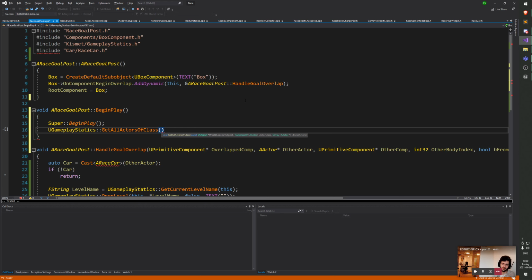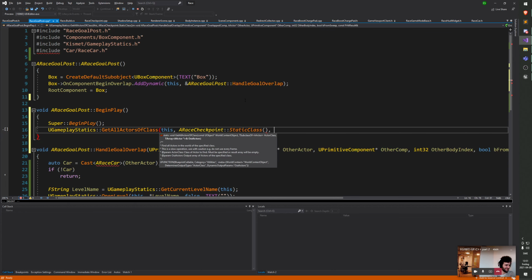So we gotta give a world context object. So we'll just do this. Then we gotta give it a subclass. So in here I will just give it a subclass of the race checkpoint, and that's all the actors it's gonna give me. Race checkpoint StaticClass. There we go. So now it's gonna be searching for all actors that are of type race checkpoint or a derivative of that class, and then it's gonna give us an out